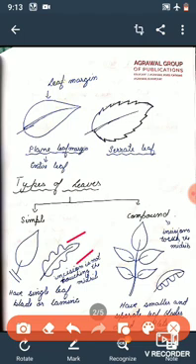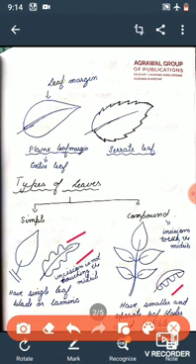Incisions can be there, incisions cannot be there. If incisions are there, they will not touch the midrib. That type of leaf is a simple leaf. Now the second one is the compound leaf. In this, incision will touch the midrib. Okay, and the lamina will be divided into small segments which will be known as leaflets. So here in compound leaves the incisions will touch the midrib.